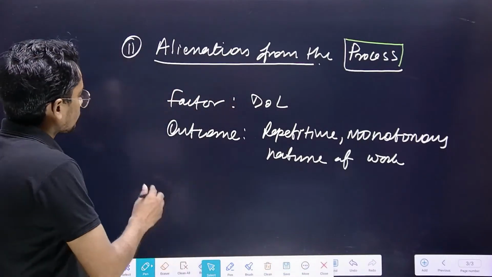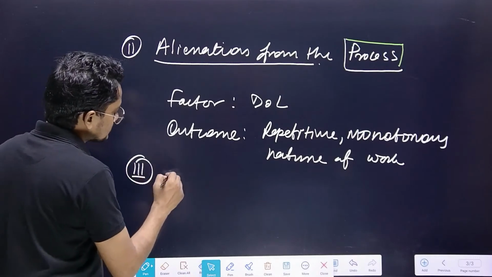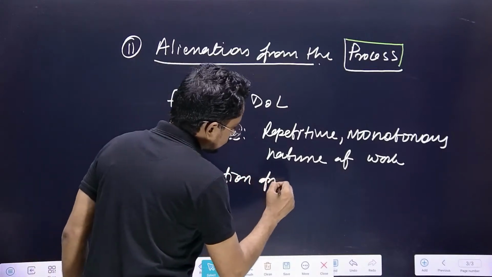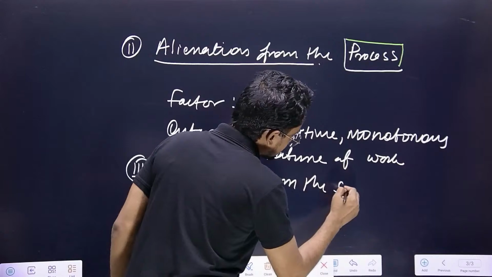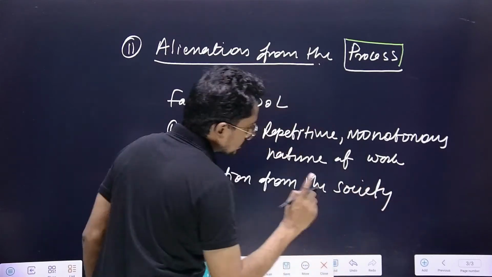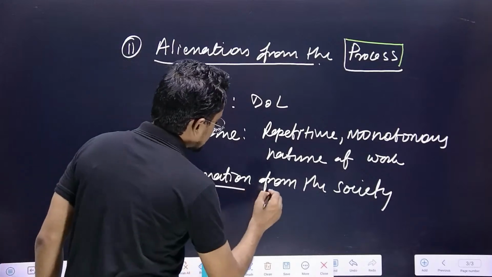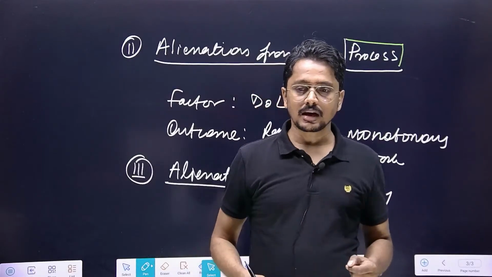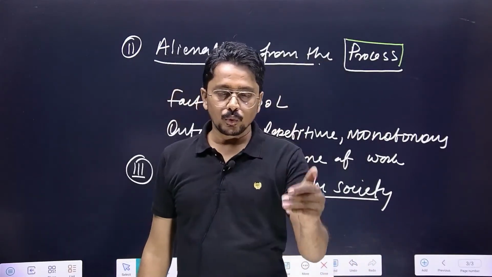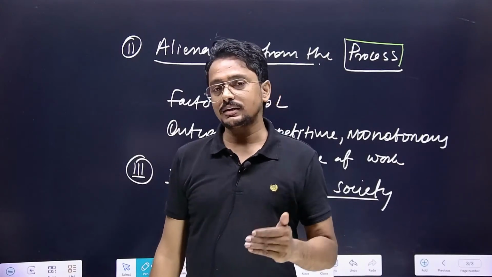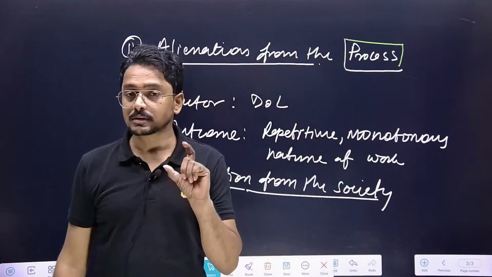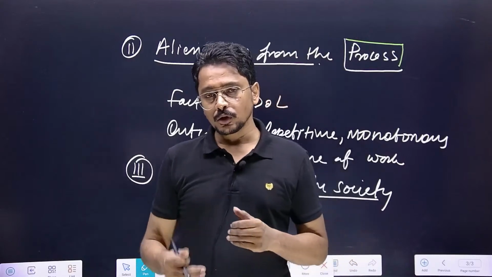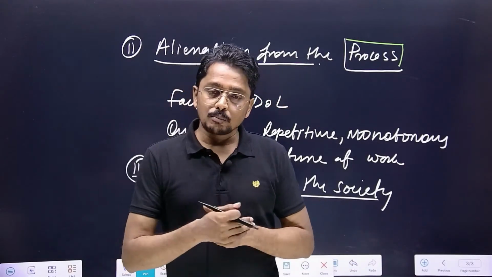And alienation from the fellow worker, or we can say alienation from the society, because for a labor, what is society? Society is their fellow workers. Their fellow workers are somebody with whom labor will create a society, social cohesion or social conversation. But you can observe even in today's production process that labor have a competitive nature of relation.